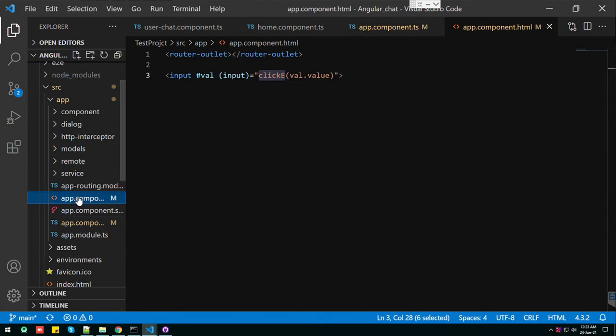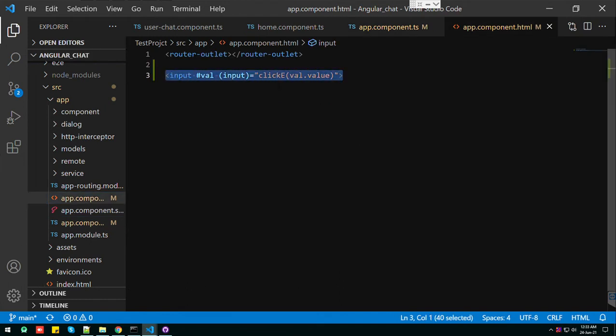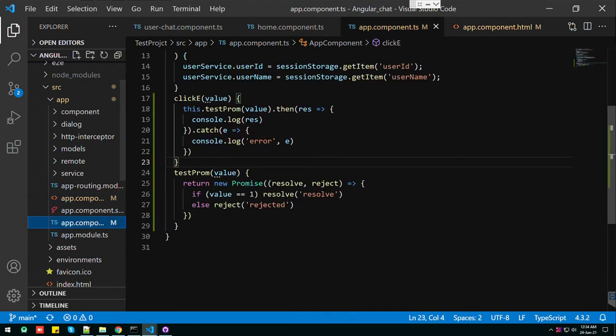So I just made one input field. Whenever I type any character, this function will be called. Then the value of whatever I type, I just pass into the promise, and I put a condition that if the value is 1, then give me the result, otherwise for all the other characters just reject. So what it does, when it resolves,